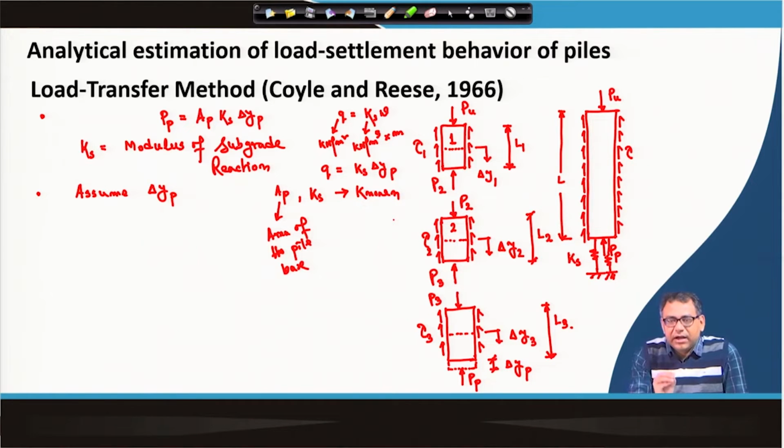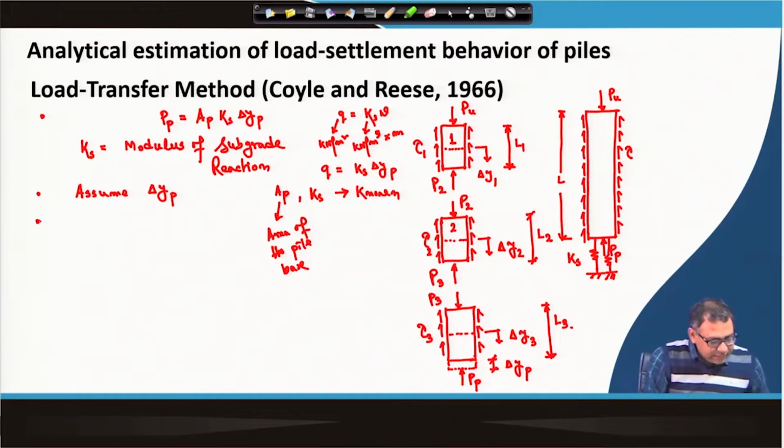So first we assume del y p is a very small value. We know K s, we know A p, so we will get the P p. So P p is now known. Now, for the next step, we have to compute the P 3. What is P 3? P 3 is basically the summation of P p plus